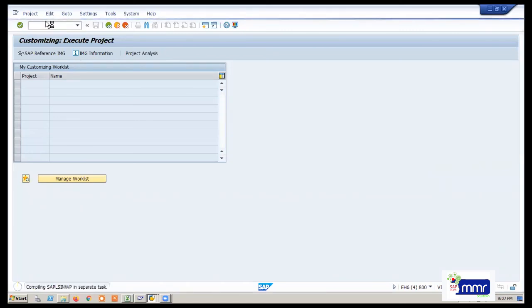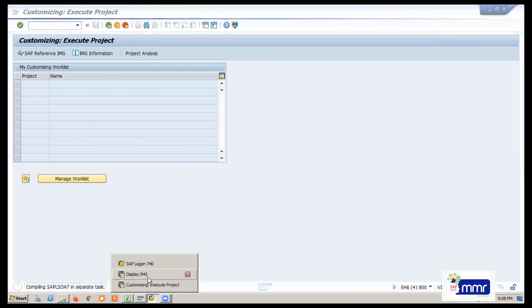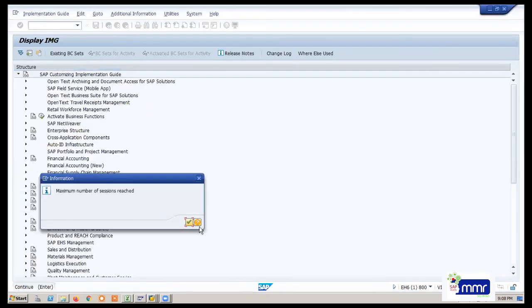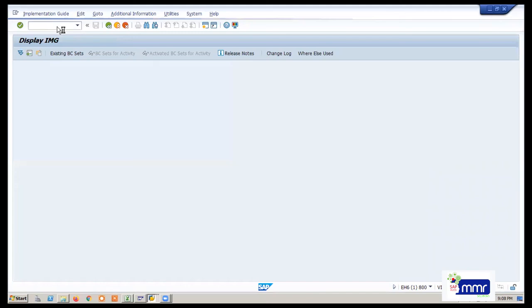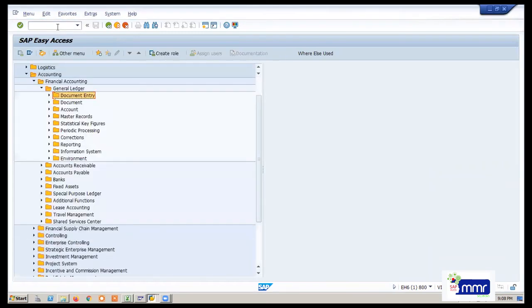This is just to know your inboxes, outboxes, how many messages you sent and how many you received, like in email. So the direct T code is SBWP. There is also a path: you can see it directly in your easy access, SAP workplace.